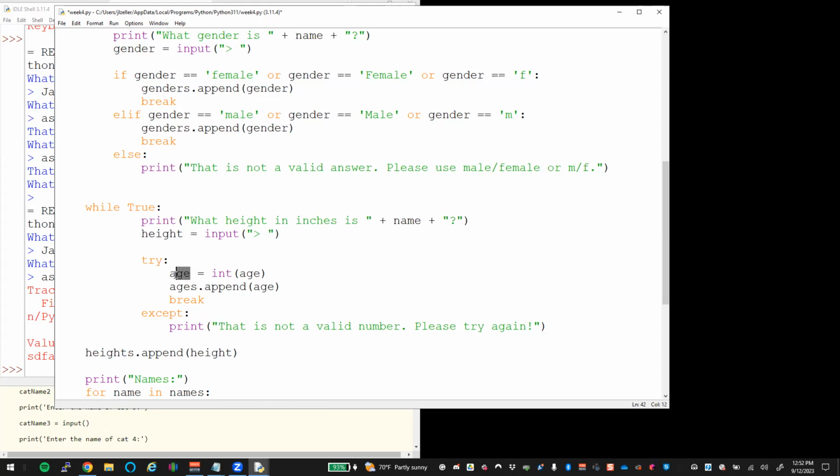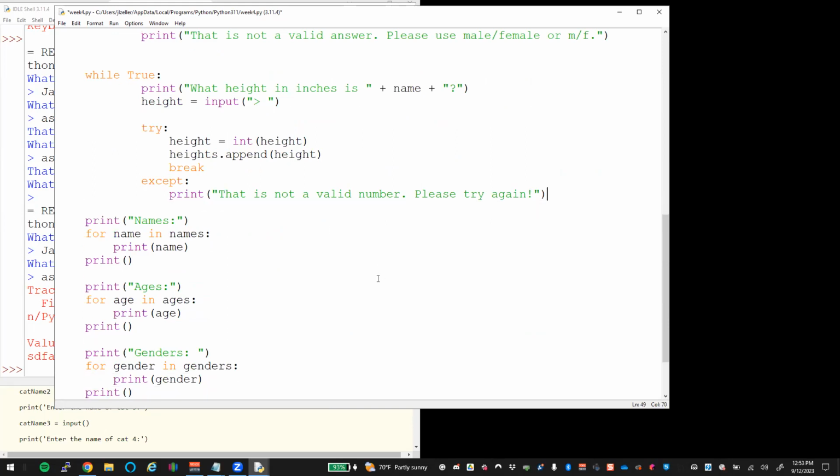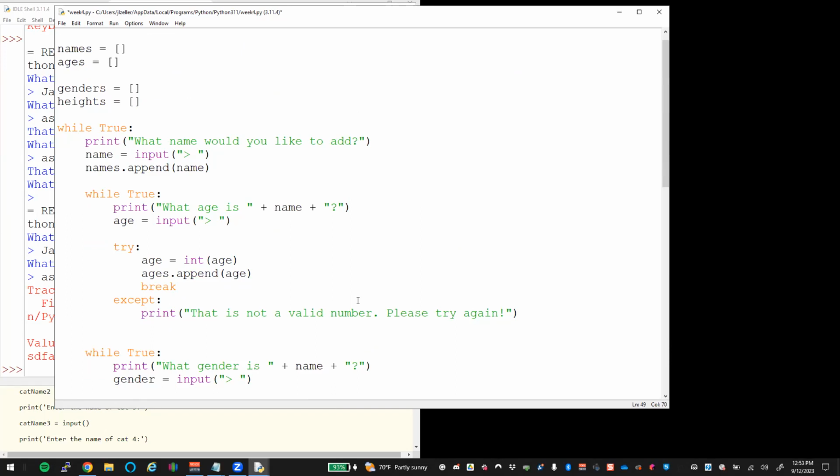We are going to try to convert that height to an integer. So this is height. We are going to append it if it is correct. So heights dot append. We're going to append the height. And if not, we say that's not a valid number and go. All right. Let's just check to see if these initial ones that we got are working correctly now that we